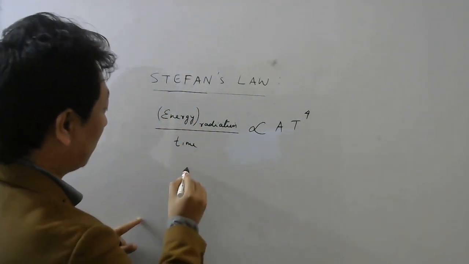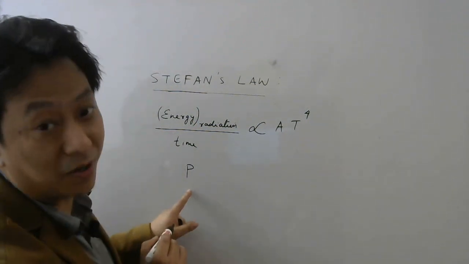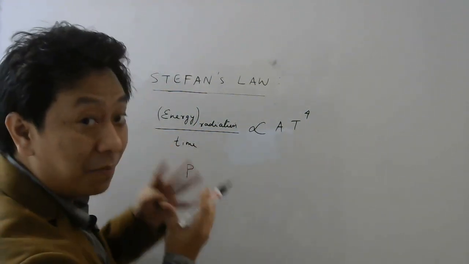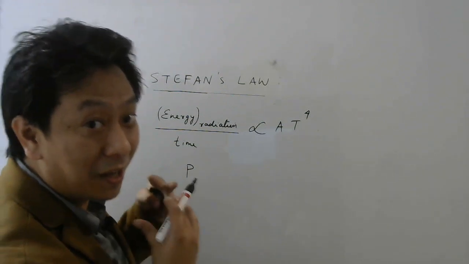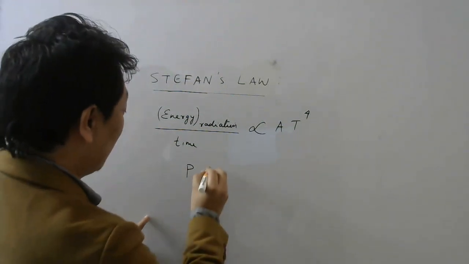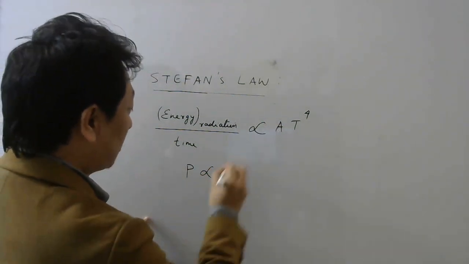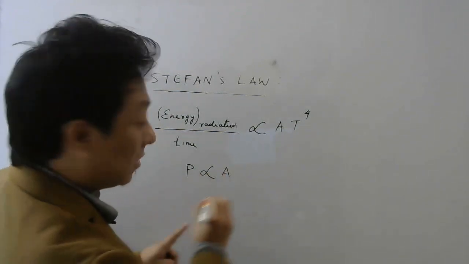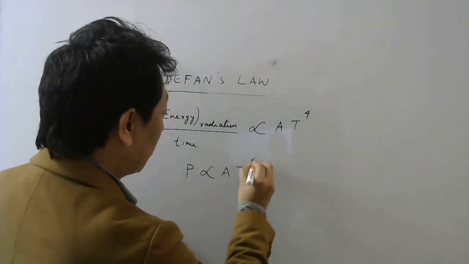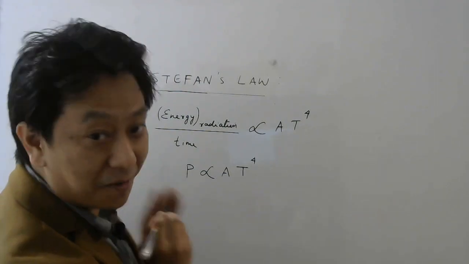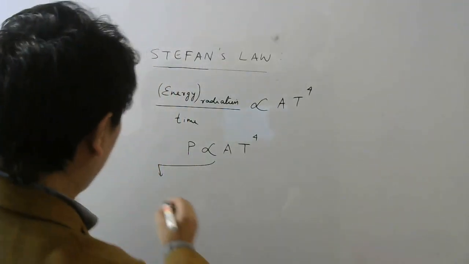Energy per unit time can also be called as power, isn't it? So this is the thermal power of the radiation emitted by the hot body, which is proportional to surface area of the hot body times temperature of the hot body power 4. Okay. Now this formula for a black body